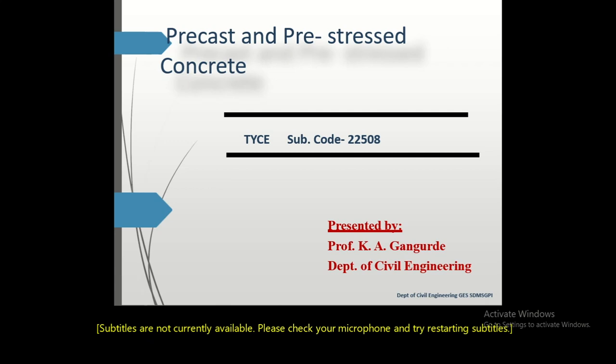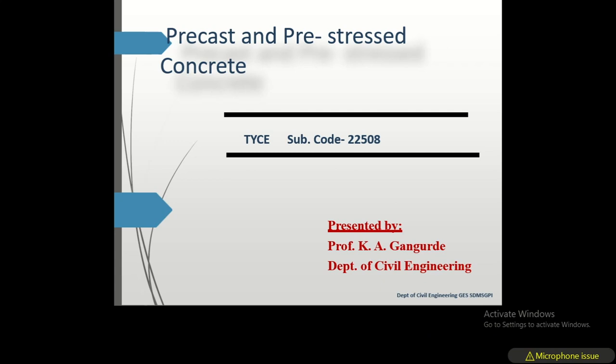In this lecture we are going to discuss all the materials used for precast concrete structures. In the previous lecture we discussed the first part of these materials. In that we have seen plain cement concrete, then reinforced cement concrete, that is RCC, then PSC, which means prestressed concrete, and self-compacting concrete, that is SCC. We have seen all four parts.